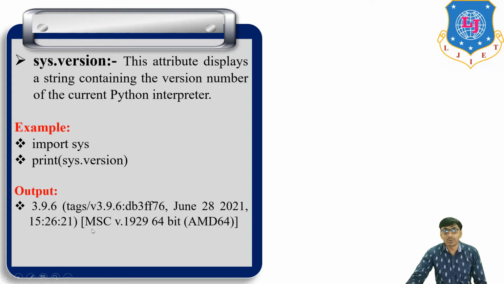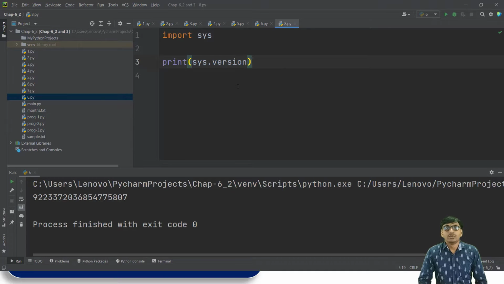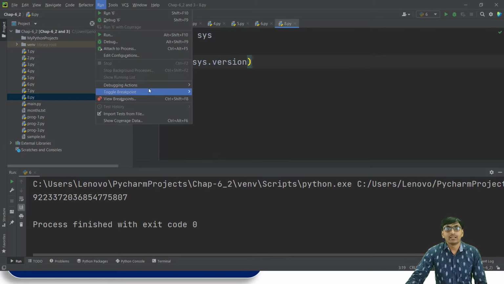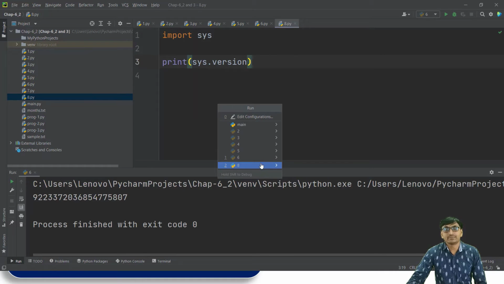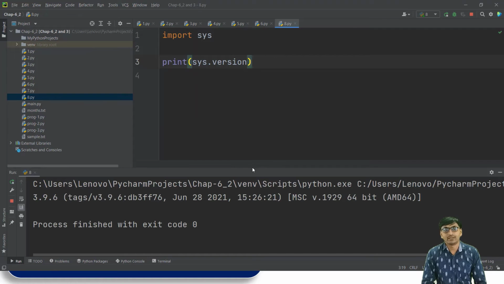If we run this program, this is the output. Now we run the same program in PyCharm. Import sys, then print sys.version. The output is 3.9.6 and so on.